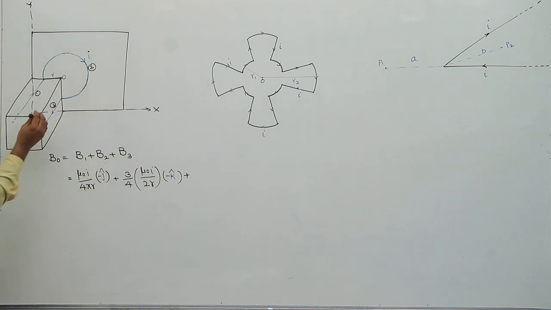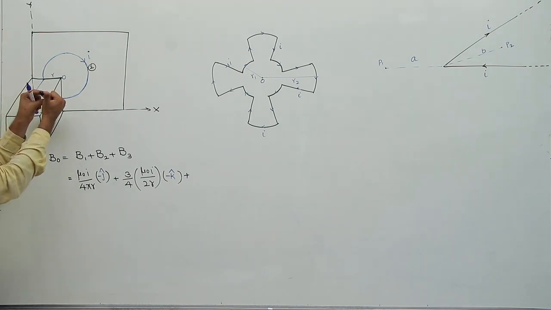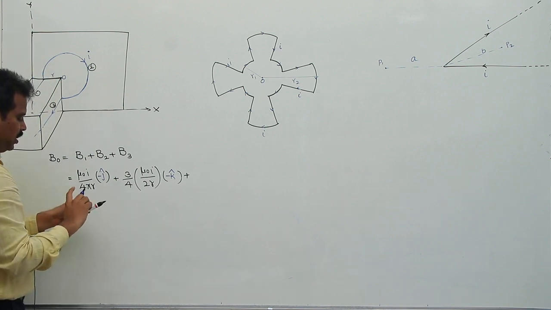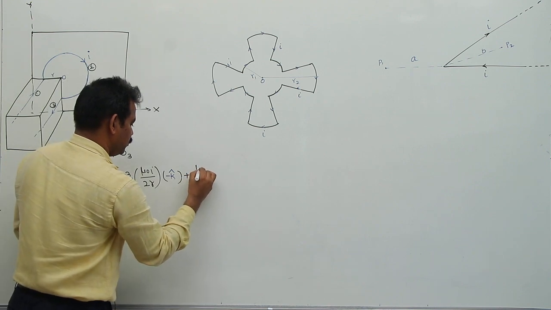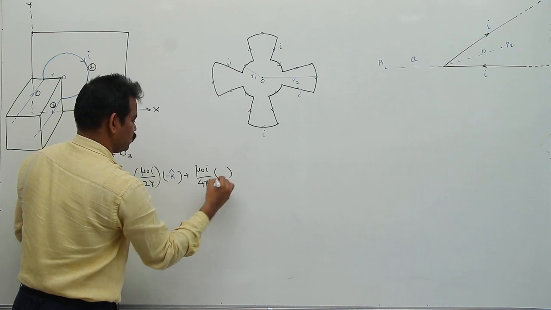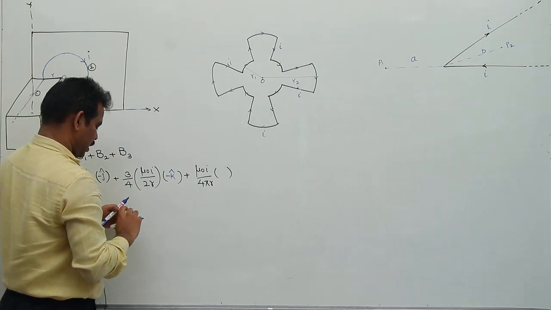In the diagram it is shown like this. Actually this is coming like this along z-axis. When the current is coming along z-axis, the field at the center above the wire, this is the point here, so above the wire, this is along negative x-axis. So here I come to write mu naught I by 4 pi R into, this is the wire that is carrying current which is along z-axis, and above the wire point O, this is along negative x-axis. So minus I cap.